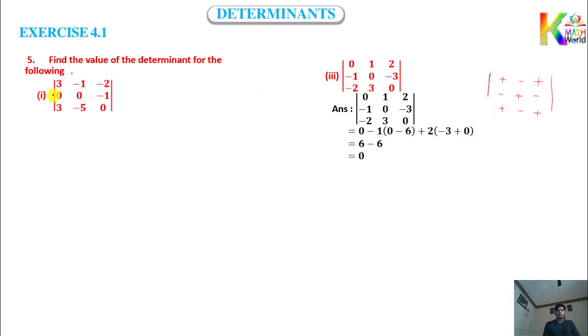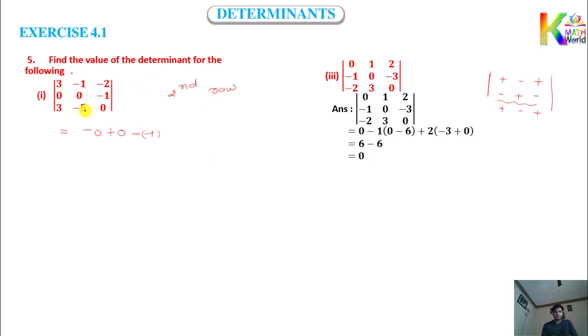Same way, suppose now you want to expand this determinant with respect to the second row. Then what you get? Minus sign. For the second row you got minus, so minus 0, and 0 into anything will become 0, no need to write for that. Then plus sign, and the element there is 0, so plus 0. Again, 0 into anything will become 0. Then with minus sign, what is the element here? Minus 1, second row. We are going to expand it with respect to the second row. That thing keep in mind.